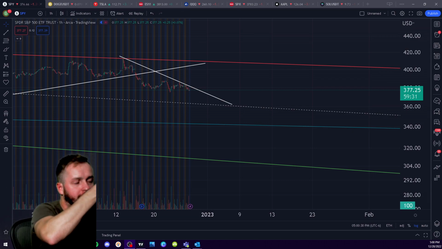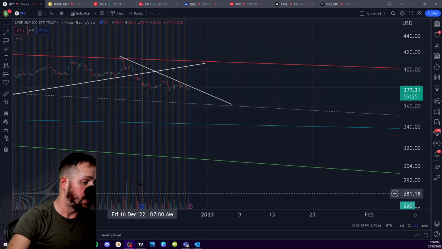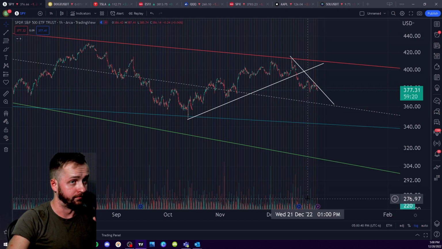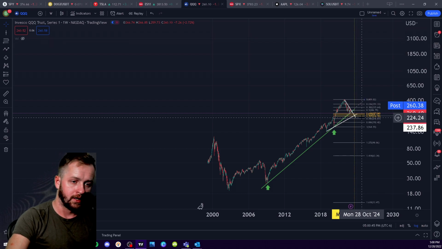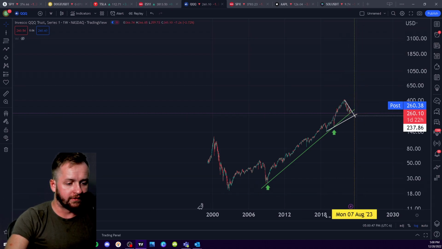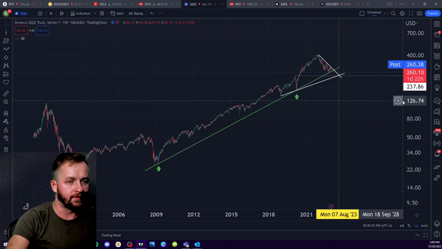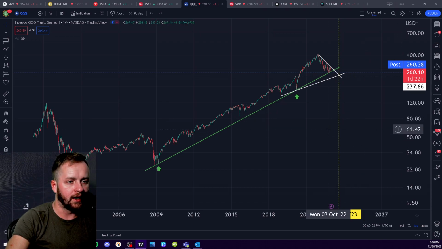First thing, I didn't talk about SPY in the thread, and we'll get into why in a second. I think SPY is obviously really important to be looking at, but there's a broader index that you can be looking at, and the number one thing that I'm watching right now is QQQ. QQQ is essentially the same thing as SPY, but more focused on tech companies. To me, tech companies are the ones in the weakest position right now, looking across the market and at charts.